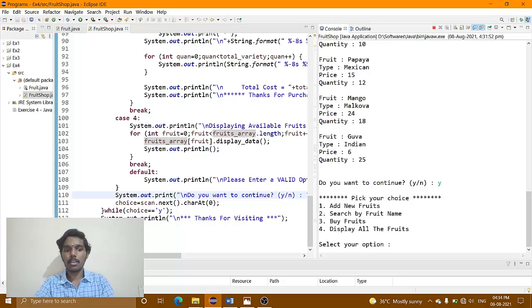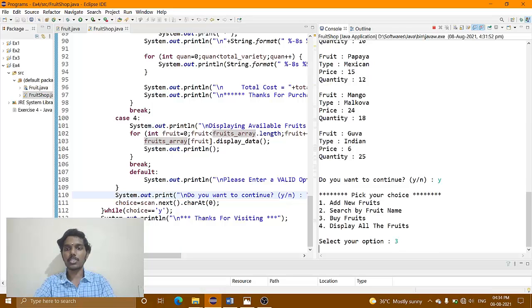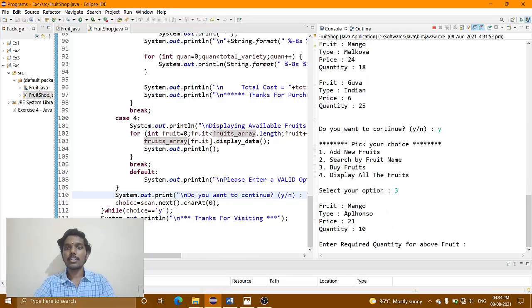Now we can buy some fruits, right? Since it's an application, we have to buy. So we can choose 3. It's asking to enter the required quantity for the above fruit. The above fruit is a mango, right? Let us give 5,